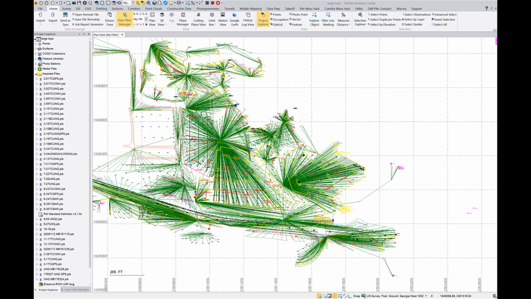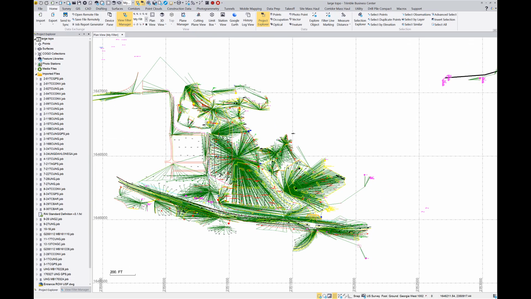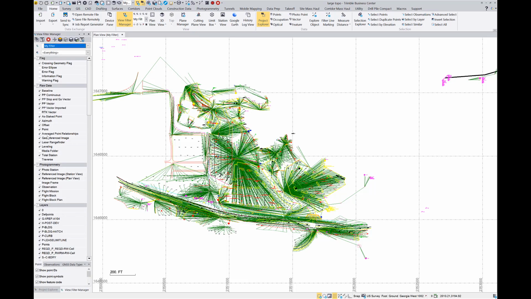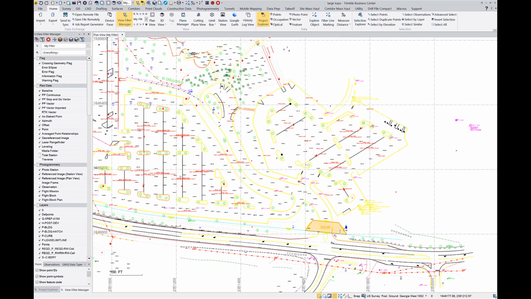This is a large topo project, a lot going on here. You can see a lot of different vectors here with a bunch of different jobs being imported. I can tell that from my project explorer here along the side. I'm going to use the view filter manager. Go ahead and turn off those total station observations really quickly. Working with the raw data here in TBC, not just XYZ points. And you can see